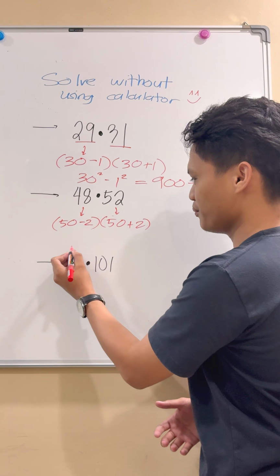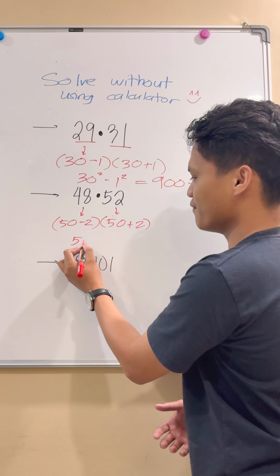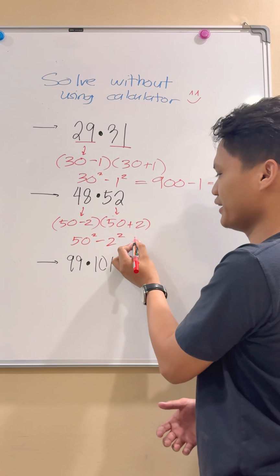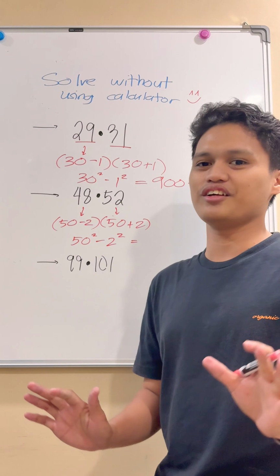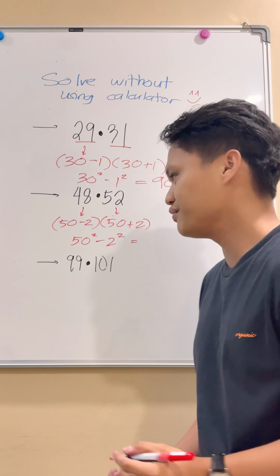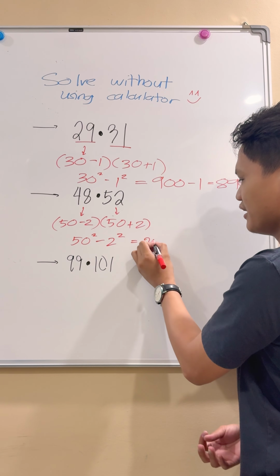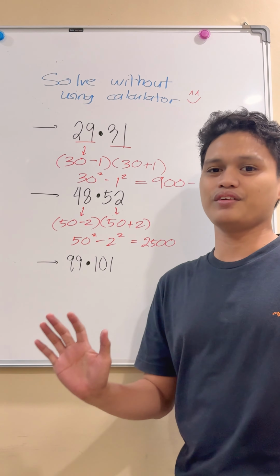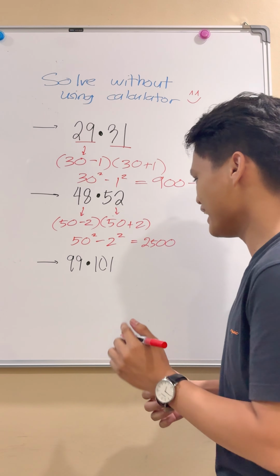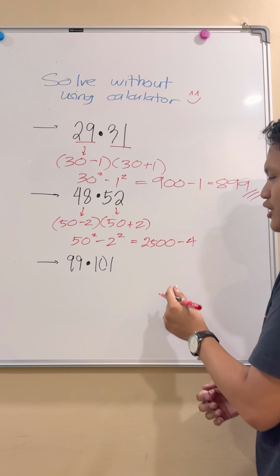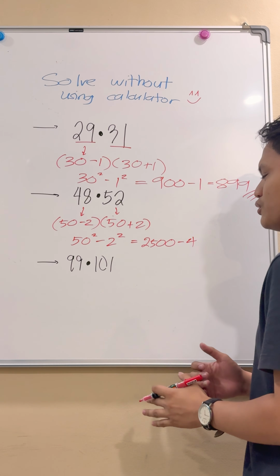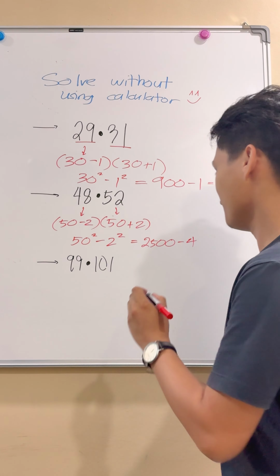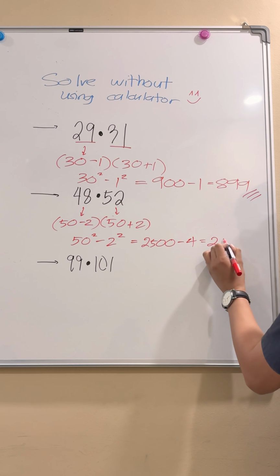So in this, we can express this in the form of 50 squared minus 2 squared. And we all know that 50 squared is just the product of 50 times 50, which is 5 times 5 is 25, and then you just have to add 2 zeros. So thus, 50 times 50 is just 2500. And now, 2 squared is just 4. So with this, the product of 48 times 52 is equal to the difference of 2,504, which is, the result is